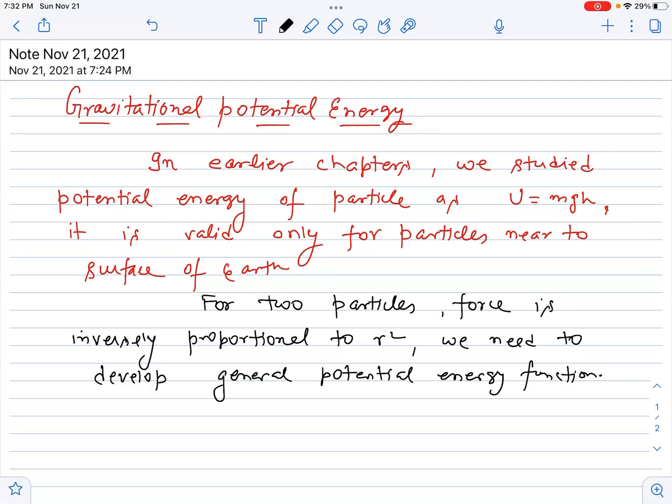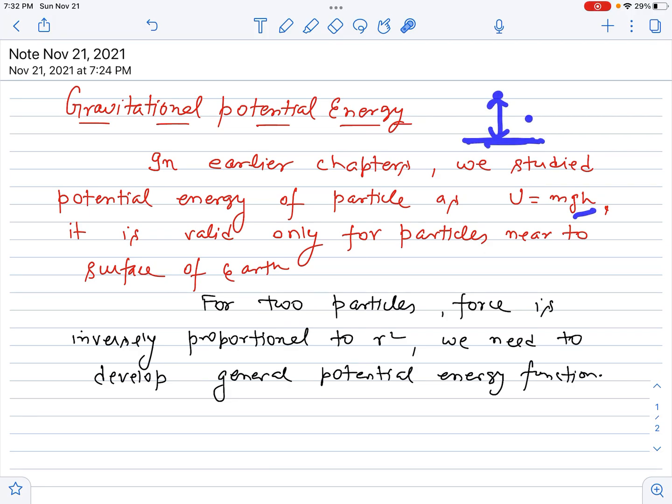Dear student, we are going to study the concept of gravitational potential in this small lecture of 10 to 15 minutes. In earlier chapters of work power energy, we studied the potential energy of the particle varies as U equal to mgh, where m is the mass of the particle, g is the gravity near the surface of Earth, and h is the height of the particle from the Earth, or you can say from datum or zero